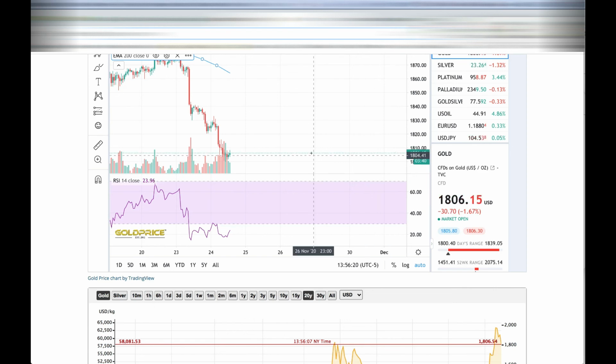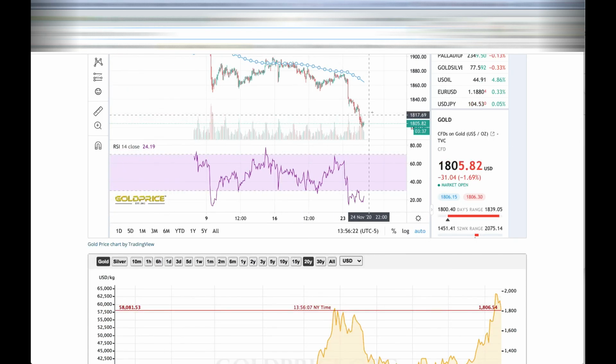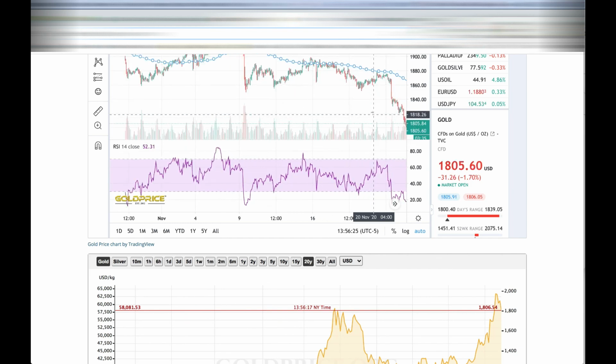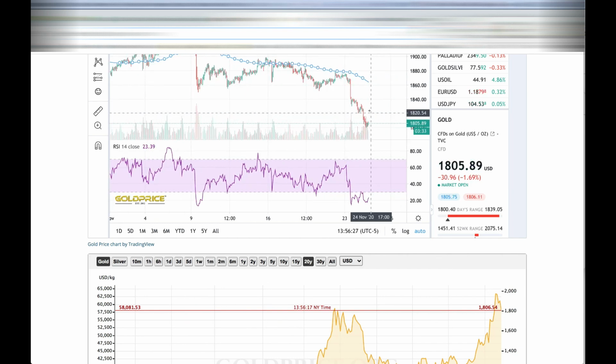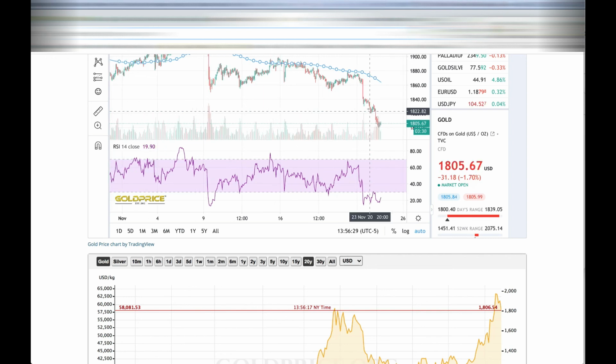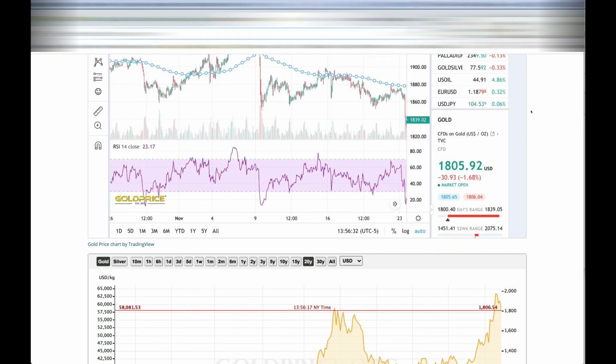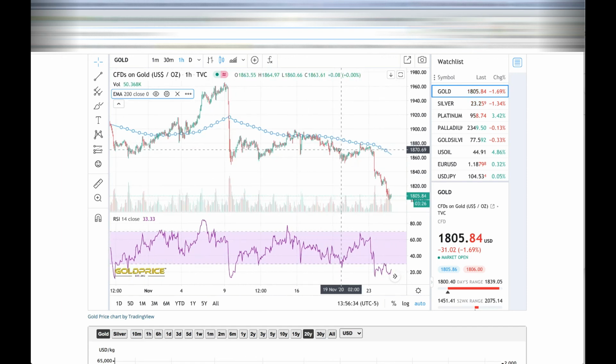Does it change anything if you're stacking for the long term, 30 years? No, it doesn't change a bit. If you're stacking, it just means that right now, before Black Friday, you can buy gold cheaper. I call it the Black Friday sale. So yeah, Black Friday sale, gold, 5% discount. That's one way to see it. Gold goes on sale on Black Friday. Possibly by Black Friday we are going to still see 1805. And it just means that you got a Black Friday sale for stacking. That's a great thing.